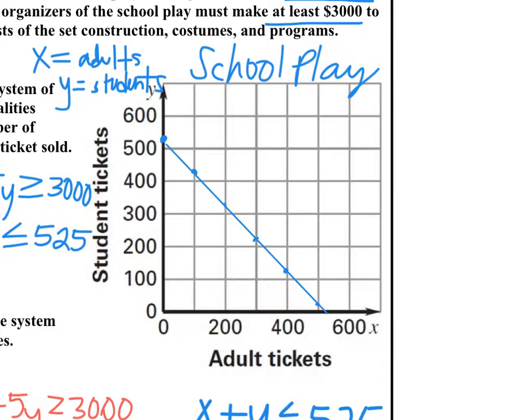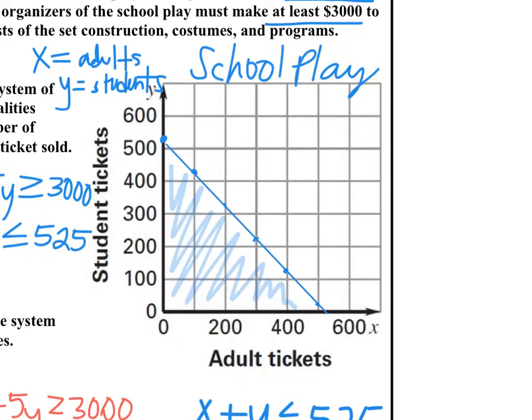Because it has a slope of 1, it should hit at 525 on the x-axis. And if you want to go ahead and lightly shade that one, it is less than or equal to, so should I shade below or above? Below. Do it this way. But if you're going to shade it lightly. Now we have to do the other one,